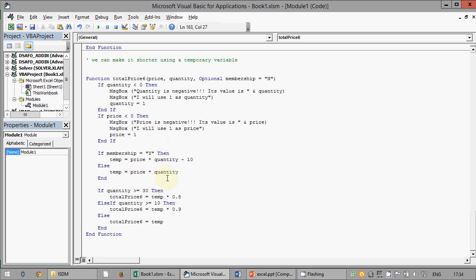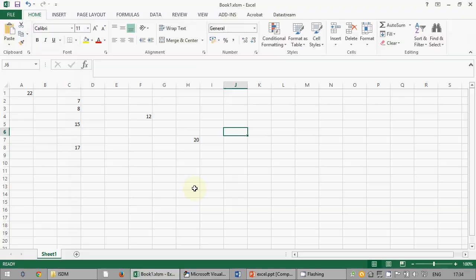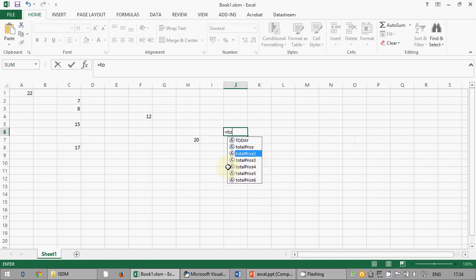Okay, finally, let's see here how to fix people who type something else. Let's see y equal to, just use total price 6. Okay, I have price 20, quantity 300, and membership yes.